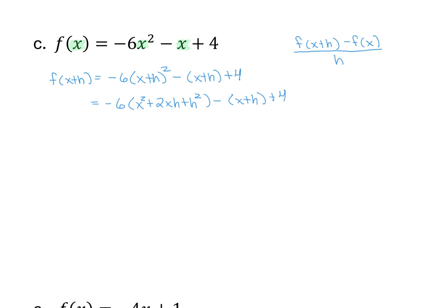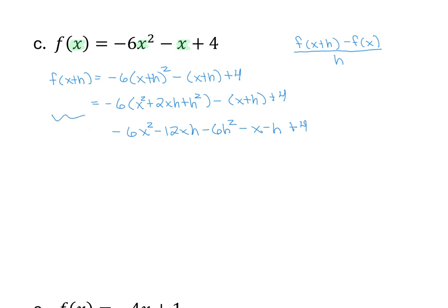We want to distribute and clear our parentheses. So we get negative 6x squared minus 12xh minus 6h squared. We also want to distribute our negative to the second set, so we get minus x minus h, and then we still have our plus 4. Okay, I really don't feel like writing this again. So we have our f of x plus h,